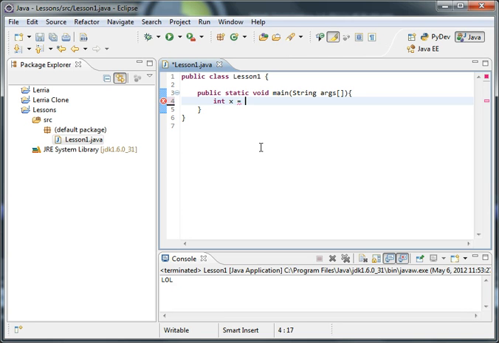Anyway, so we're going to learn about something called the while loop. We're going to make our variable int x equals 1. A while loop is a lot like the if statement. The if statement checks if something is true. The while loop will keep doing it until it is false. So while x equals 1, System.out.println,